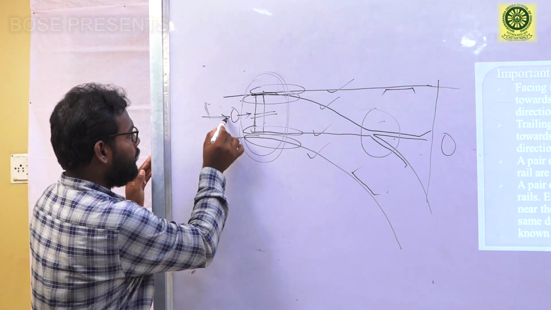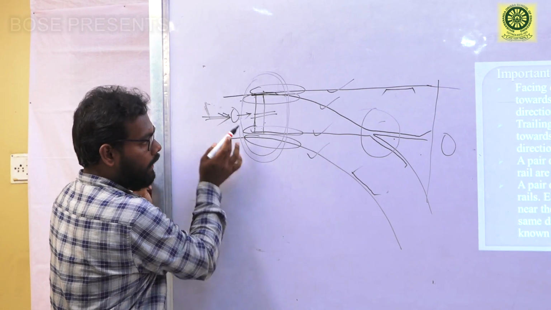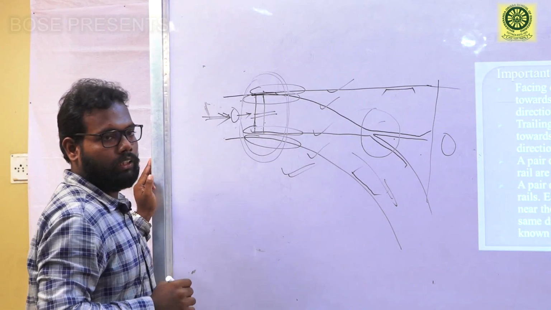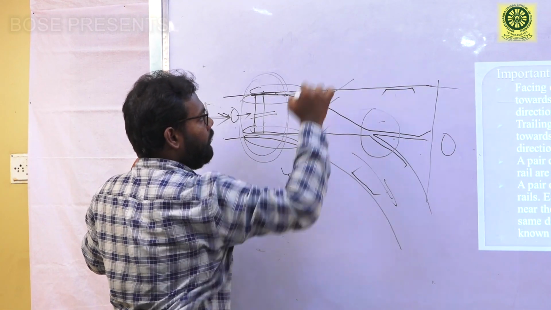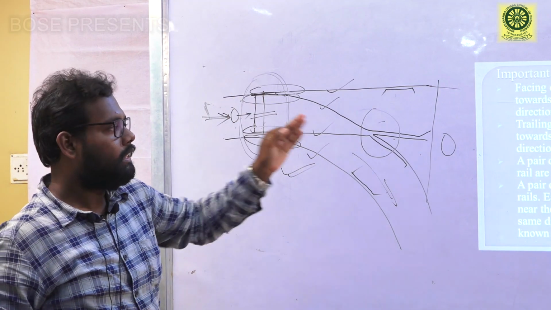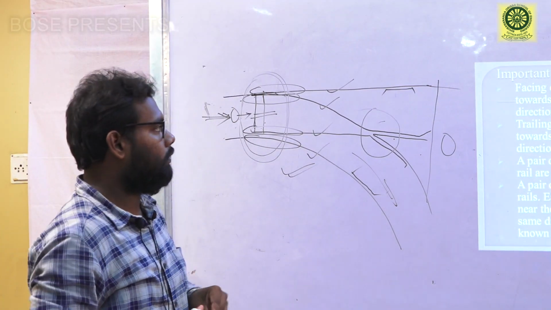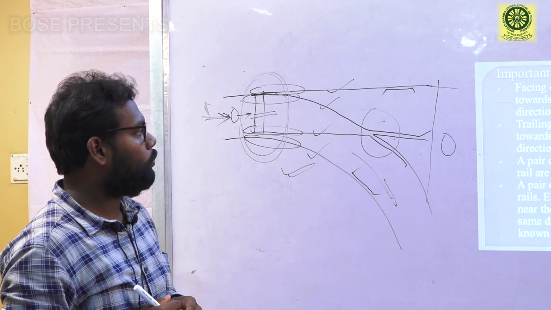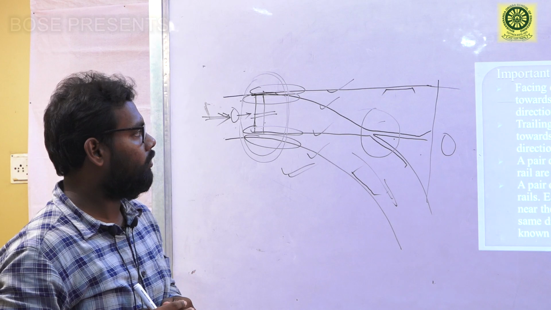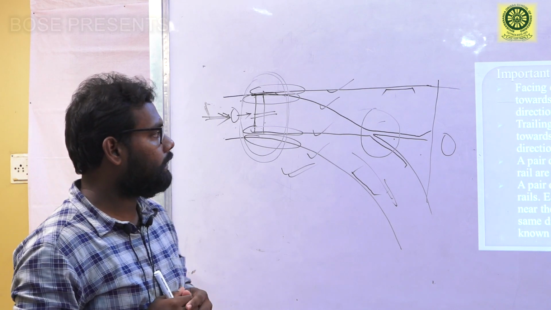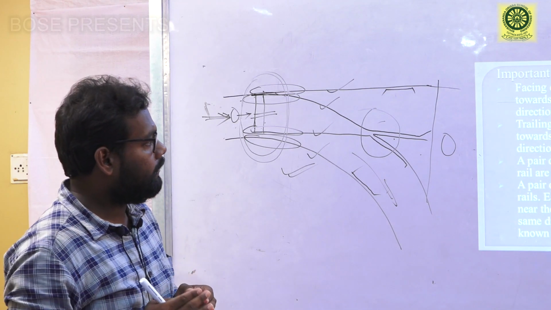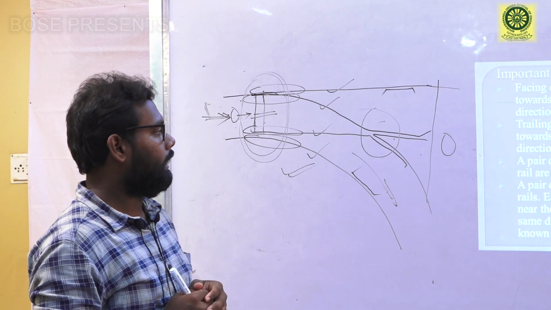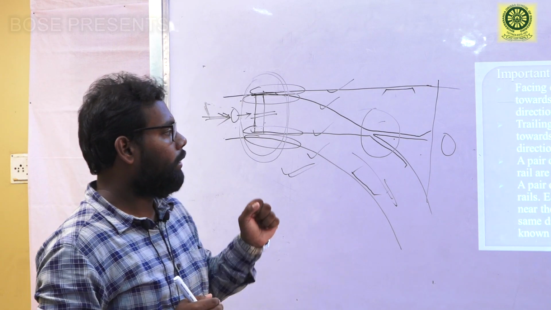So if, in the facing direction, the turnout is on the right hand side of our face, it is known as a right hand turnout. If it is a left hand turnout, then it shows on the left hand side. Now look at the slide. Facing direction: if someone stands at the toe of the switch and looks towards the crossing, then the direction is called facing direction. Trailing direction: if someone stands at the crossing and looks towards the switch, then the direction is called trailing direction.